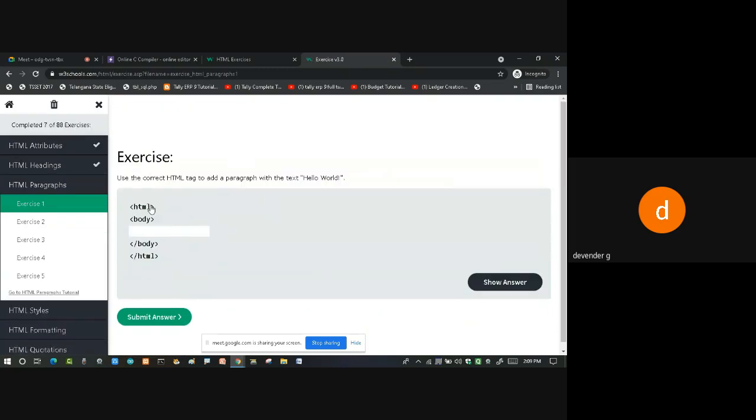Now I want to display the message Hello World using a paragraph. So what do I have to write here? You have to open a paragraph, the opening of P. Then write Hello World, then the closing of the paragraph. Very good.